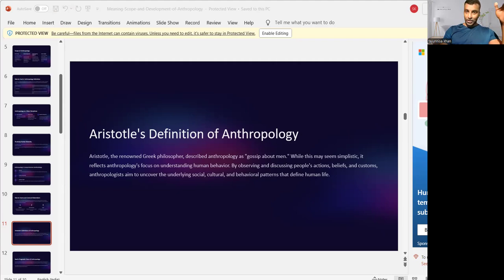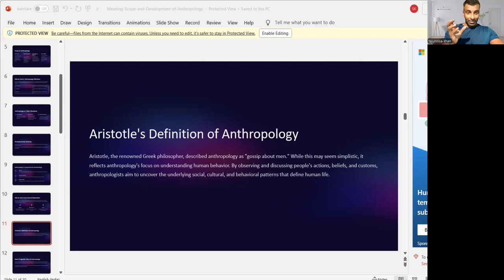So a Greek philosopher, you know about Aristotle, you might have studied that in your ethics paper also, or you will be studying in your ethics paper anyway. So he describes sociology, again comes sociology, sorry, he described anthropology as gossip about men. Okay, so this might seem like a simplistic or even dismissive definition, but it reflects an important aspect of the